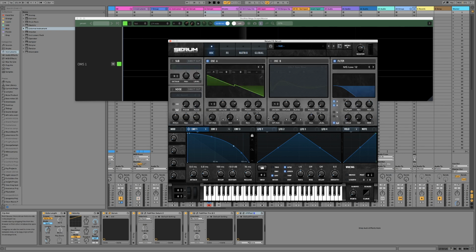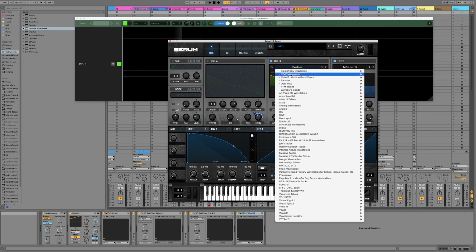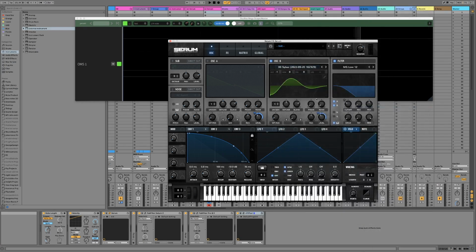Cool. That's pretty much it, but one final thing before I go. So let's say you've got a particular bass wave that you really like to use, but you also like this VB1-like effect. So what we can do is just actually grab any waveform. So let's quickly just copy oscillator A to B with mods, and then on oscillator B, just pick any waveform you like to use for bass. I'm just going to take this one,